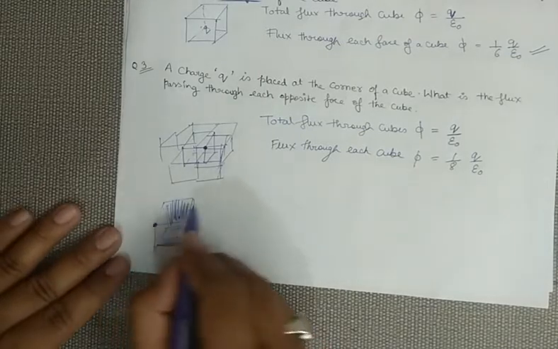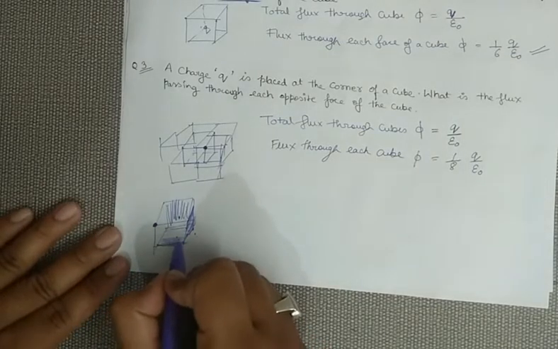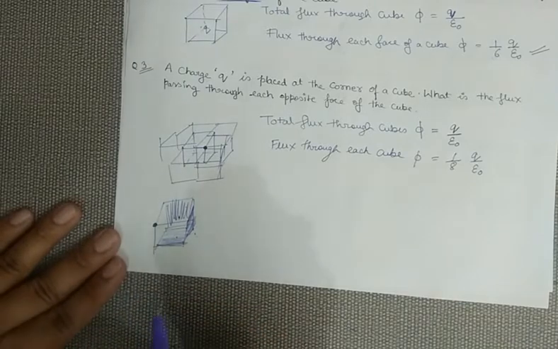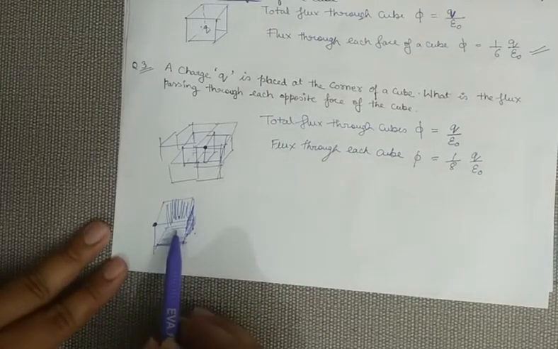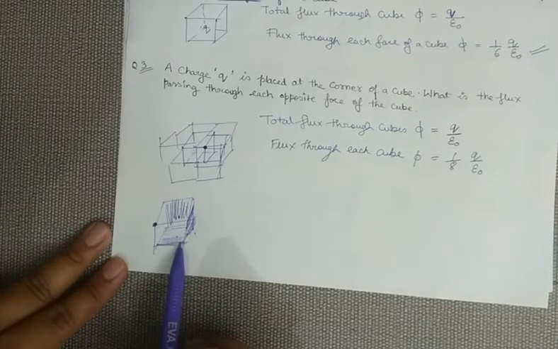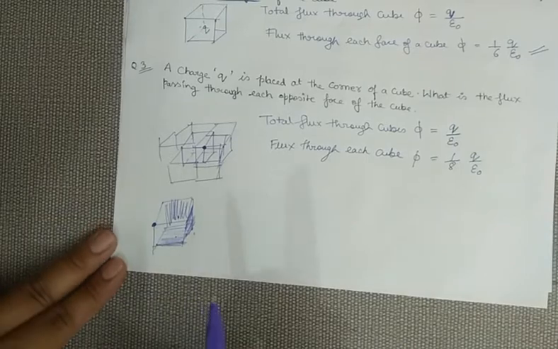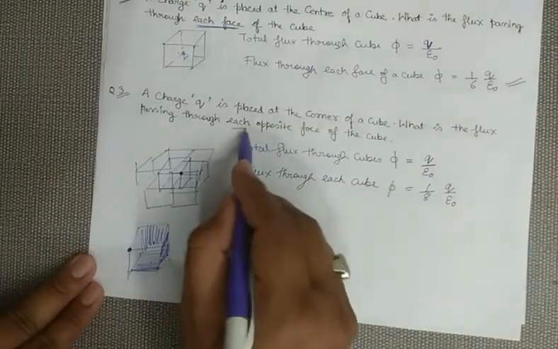Or you can also say these are the faces on which electric field lines are perpendicular. Remember, we always count only those surfaces on which electric field lines are perpendicular, which means electric flux is always considered for those surfaces on which electric field lines are perpendicular. So in this cube, there are only 3 surfaces on which these lines are perpendicular, and out of these 3 I have to again take any one because it is talking about each.